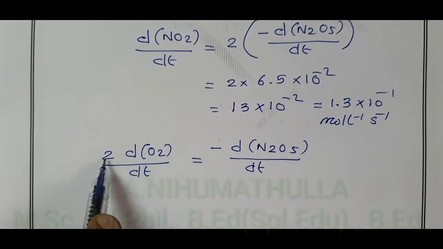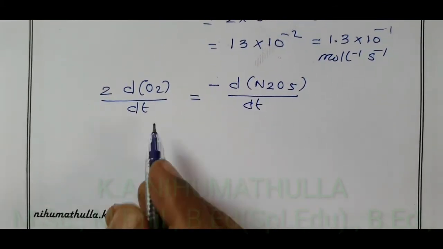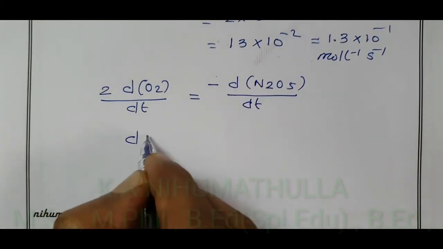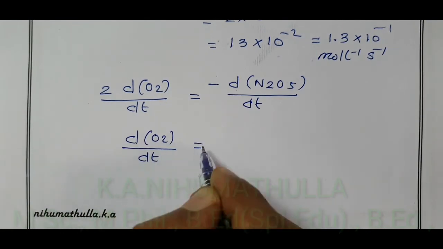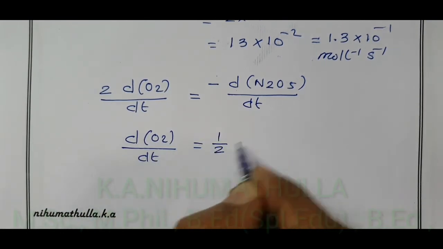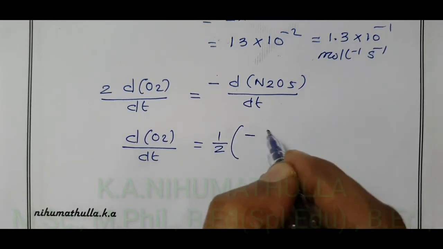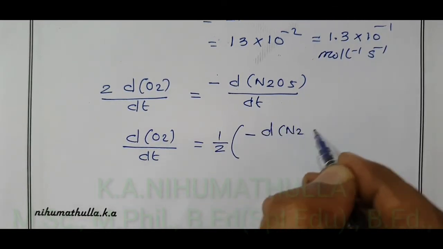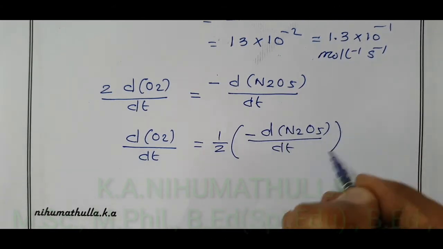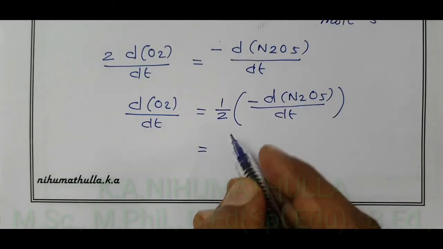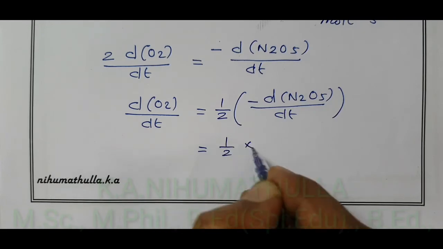Bring the 2 to the right hand side, it becomes d of concentration of O2 divided by dt is equal to 1 by 2 into minus d of concentration of N2O5 by dt, that is equal to 1 by 2 into this value is given